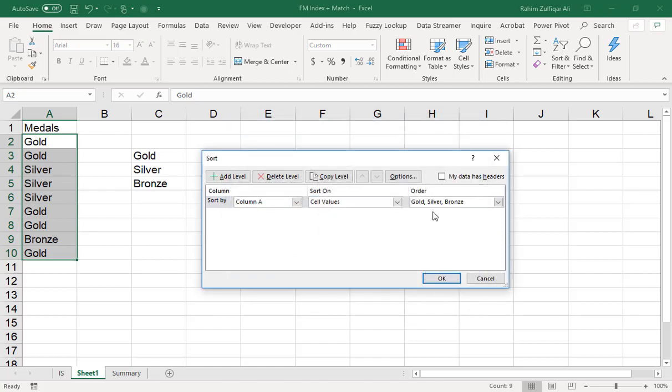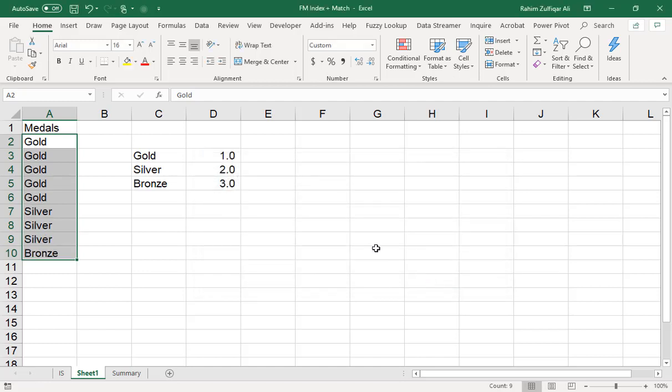We press OK, and then finally OK again for the sorting. So very quickly we have sorted the list according to our customization. You can create your own list according to your reporting format, and you can apply this feature as well.